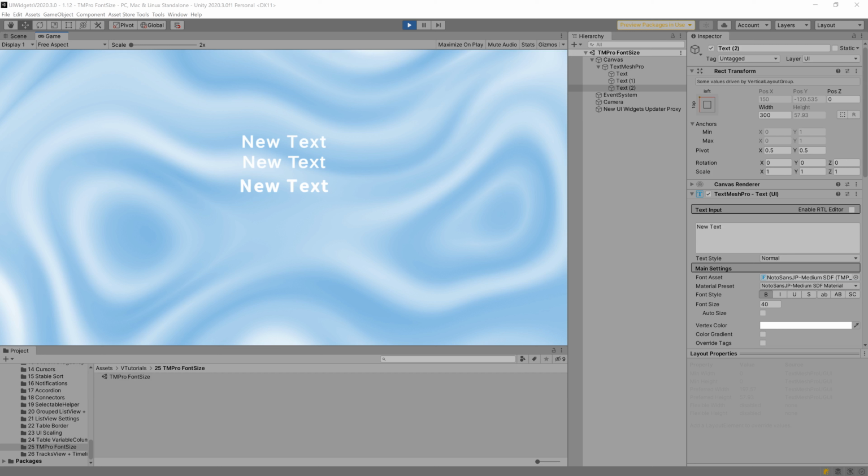Welcome to the new UI widget tutorials. Sometimes after using widget generators or changing text mesh through font, you notice the text is no longer visible. This tutorial is about why it happens and how to solve it.